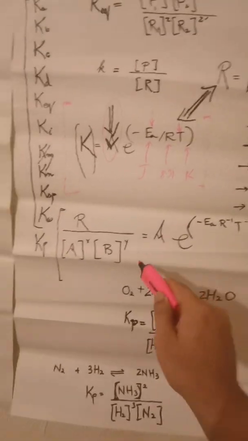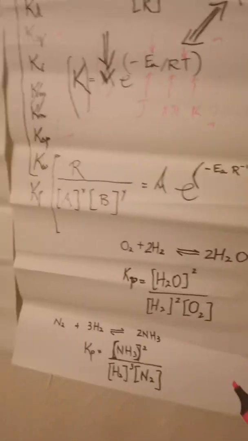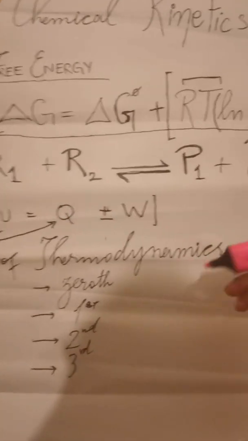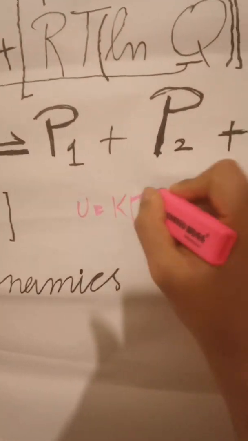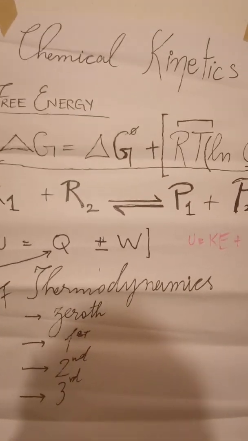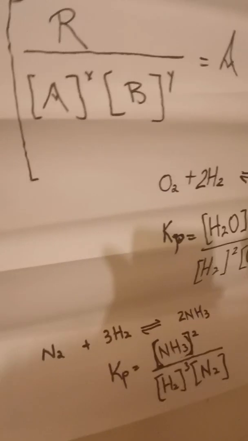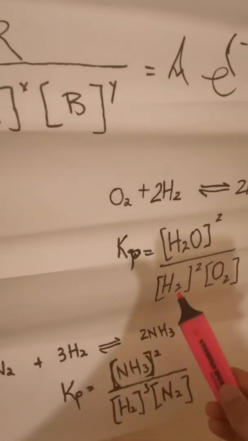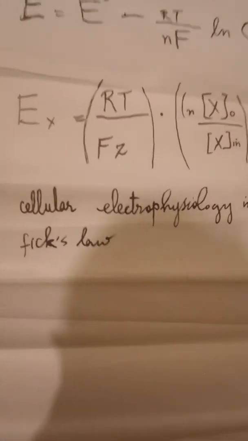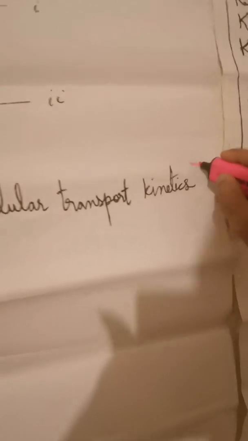So that's how we link the rate equation, but the foundation comes from here, the thermodynamics laws of zeroth, first, second, third, U equals Q minus W, U equals kinetic energy plus potential energy, the rate equation R1 plus R2 equals P1, P2, P3, and then we examined the hydrogen fuel cell equation, and we then discussed this equation as well, the Haber process. And now I'm going to come to Nernst-Goldman dynamics, the Nernst-Goldman mechanism,